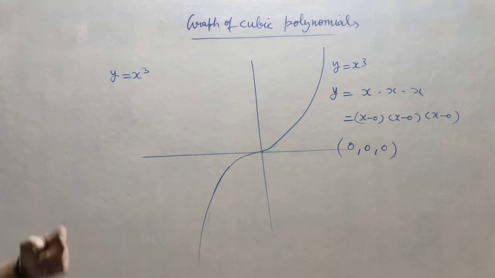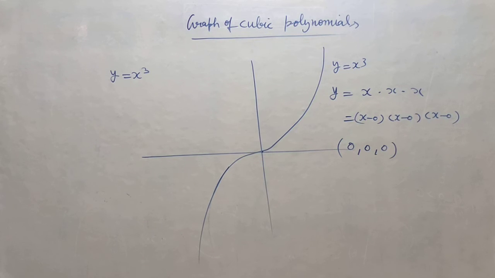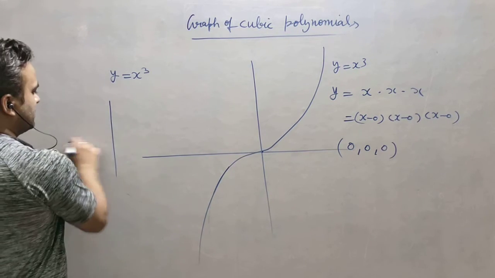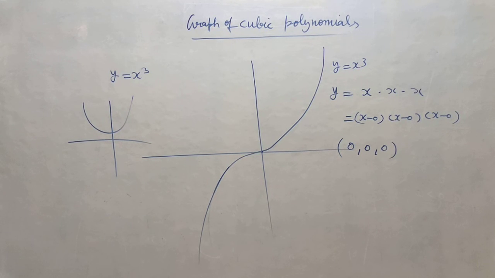I have already told you, cubic polynomials always cut the x-axis minimum one time and maximum three times. Like for quadratic polynomial, we have seen sometimes they are not touching the x-axis, but in cubic it is mandatory, they will touch, right? So this is all about the cubic polynomial. So I hope you have understood the concept of cubic, quadratic and linear, what is the difference and how we can find the coefficient of variables by seeing the graphs.